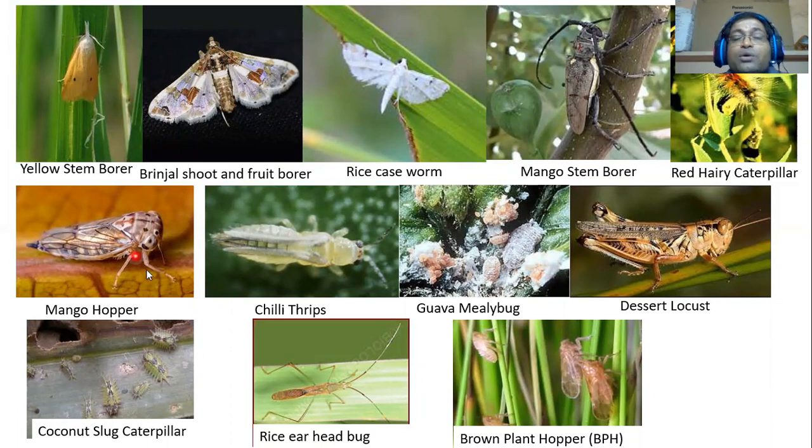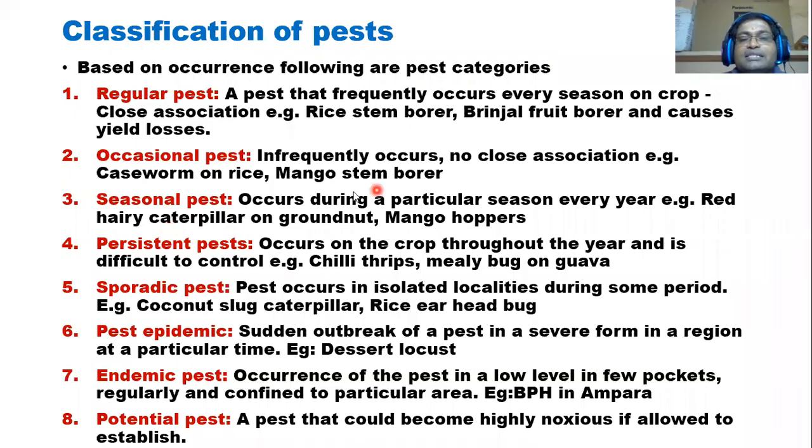Another one is the mango hoppers. At mango flowering time or germinating time, you can expect many pest incidents. Mango hoppers attack if dew is present or if your mango tree has dense branches. If you go under the mango trees, you can hear the sound of hoppers jumping. Mango leaves become blackish because of sooty mold due to the hopper's honeydew excretions. This pest we call a seasonal pest.